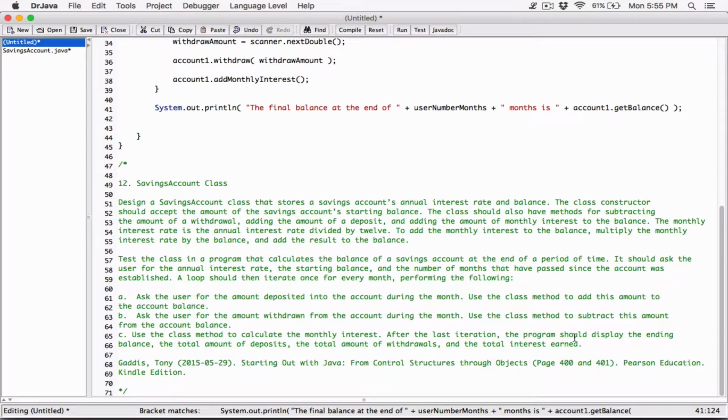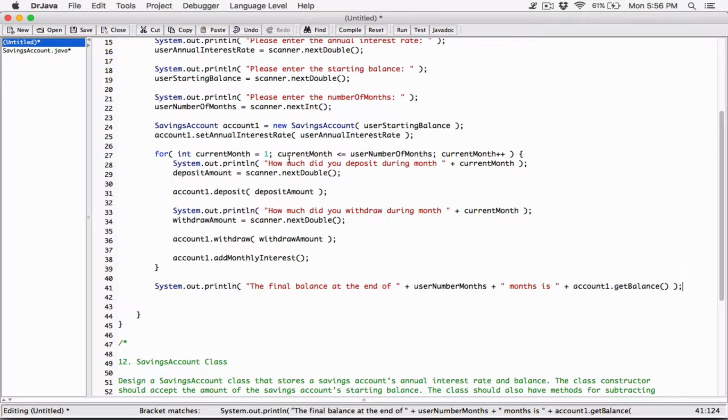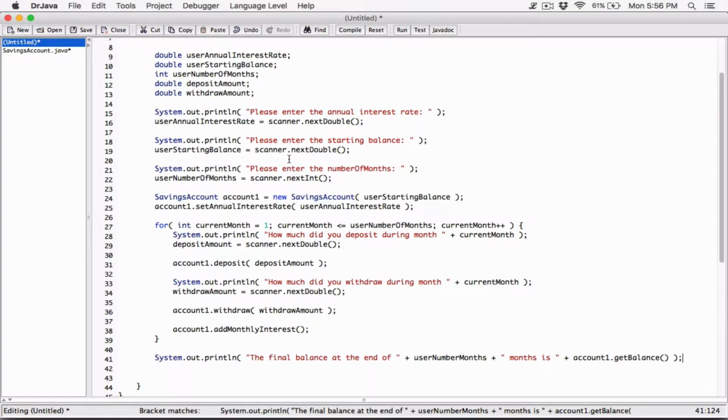Okay, so it should display the ending balance, the total amount of deposits. So we need a mechanism to keep track of all our deposits. This is where it's accepting the deposit in the loop, deposit amount, right? So what we should do to keep track of the deposit amount is to create an accumulator for the deposit